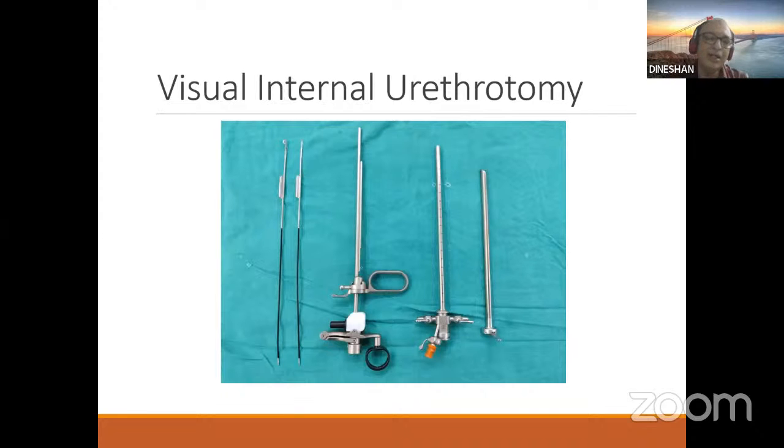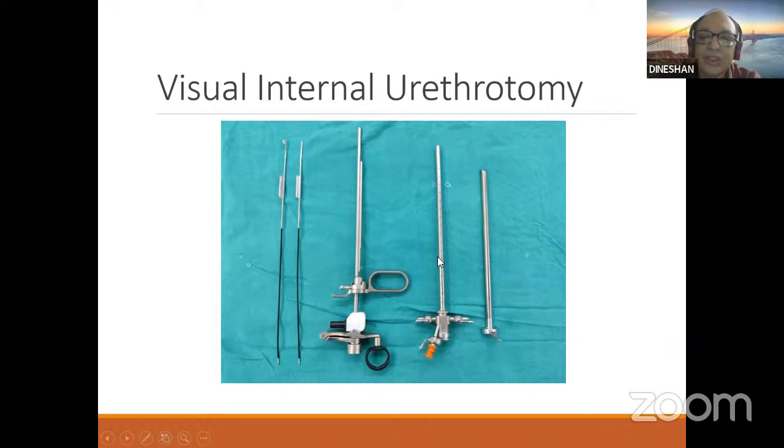If the bladder neck is very stenosed, you may not be able to introduce even the cutting knife, so while you are passing the knife into the bladder through the orifice itself, it will cut. Both forward and backward movements will cut the stenosed area. That is used for bladder neck incision.